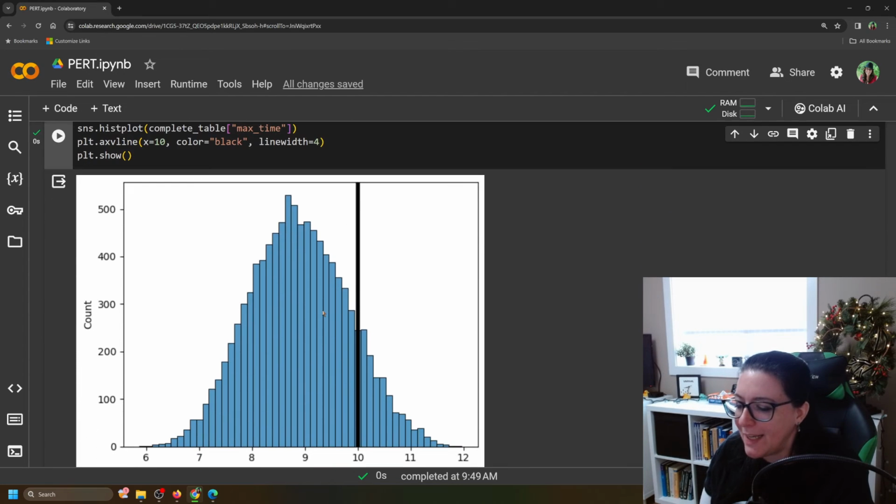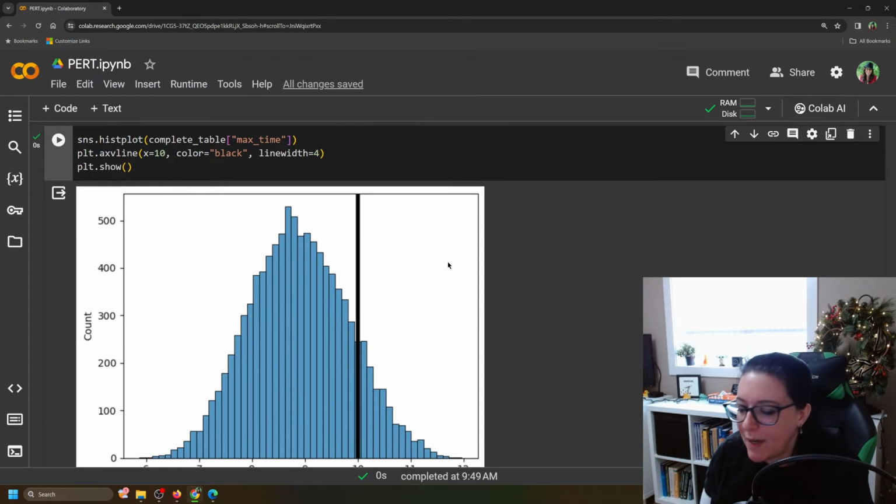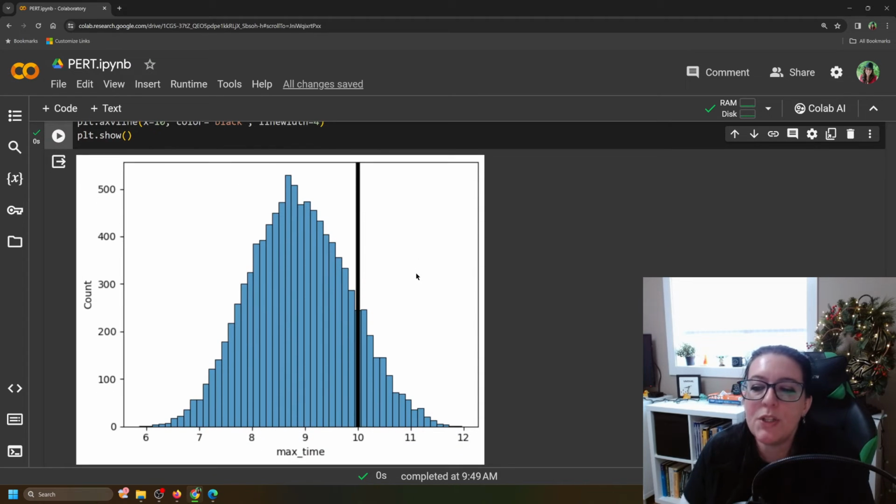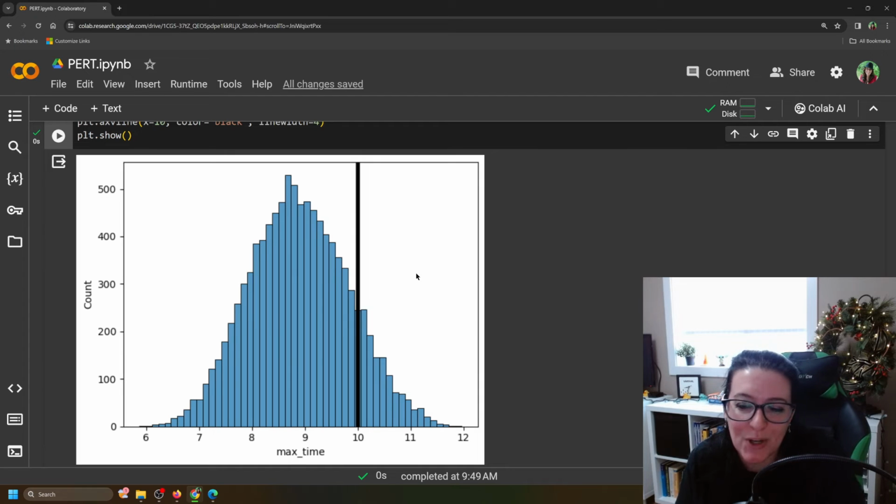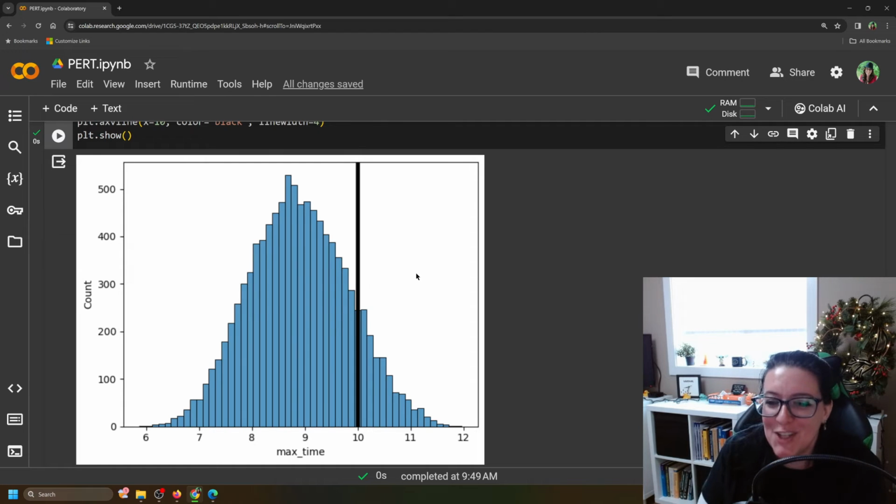We can put in a hard black line here, that's this plt.axvline, add a vertical line, and make it nice and thick with a line width equals 4, color equals black, and we're putting it here at 10. The reason we've put it here at 10 is because we want to know if we promise the customer we're going to finish the house at 10 months, what's the likelihood we're actually going to finish the house at 10